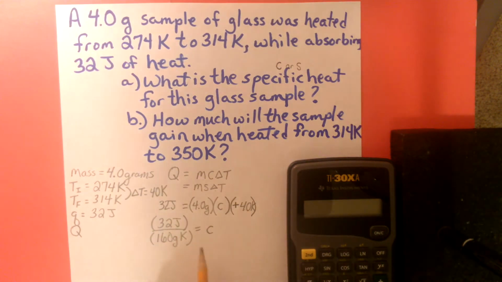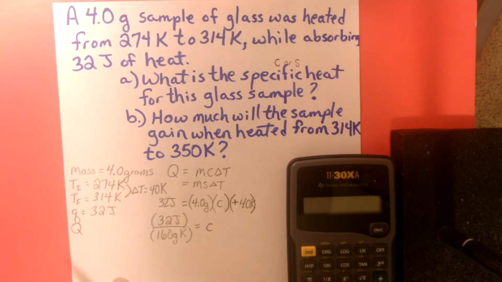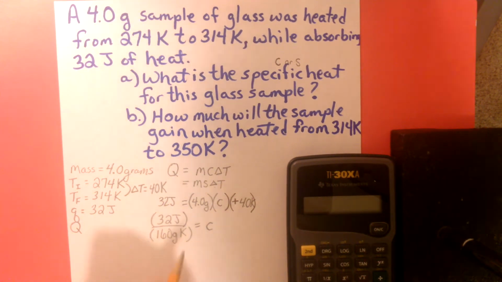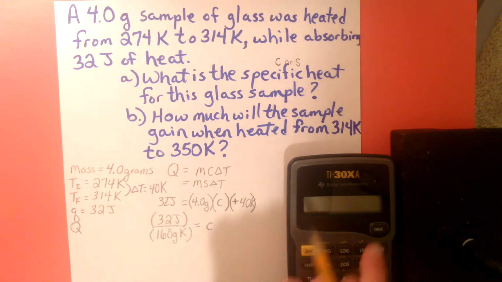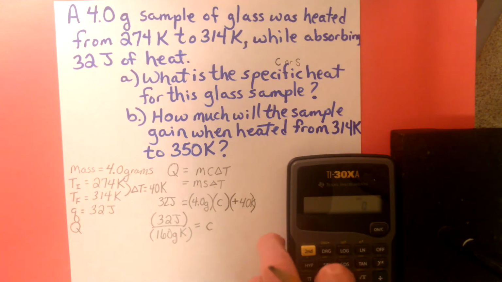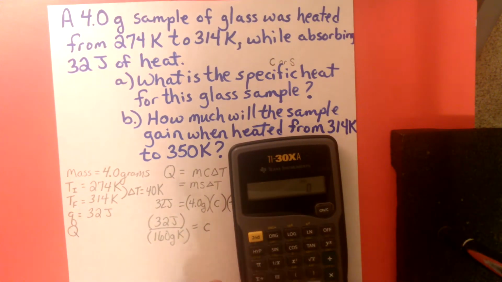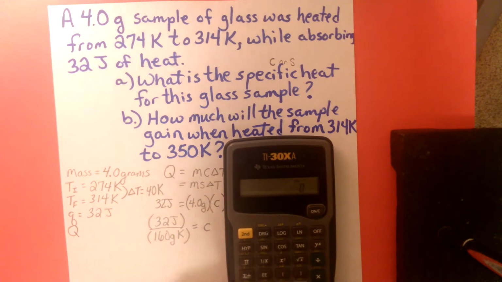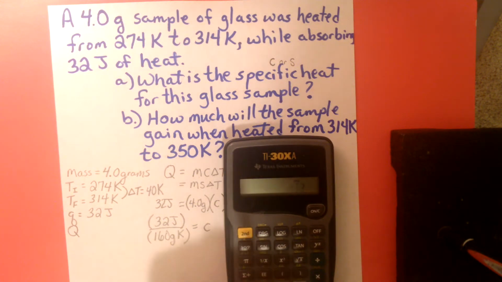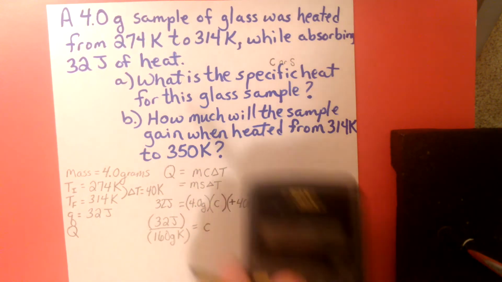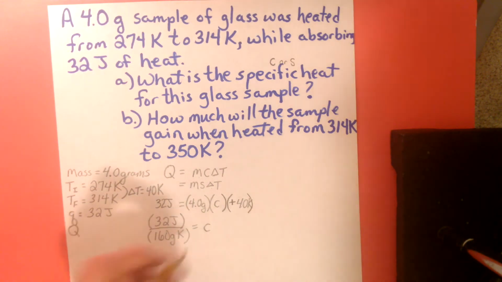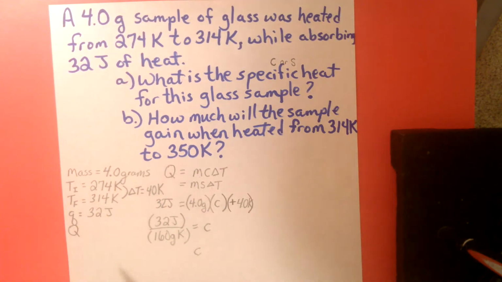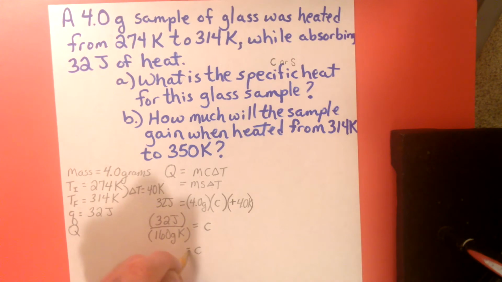So now the specific heat capacity, what we are hunting for, is equal to 32 divided by 160. Here on the calculator, it's hard for you to see, we go 32 divided by 160, and we get a 0.2 value. So we have C is equal to